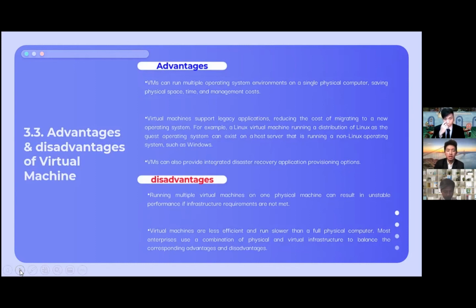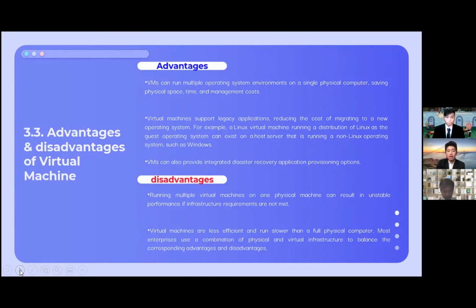For example, a Linux virtual machine running a distribution of Linux as the guest operating system can exist on a host server that is running a non-Linux operating system such as Windows. And virtual machines can also provide integrated disaster recovery and application provisioning options.